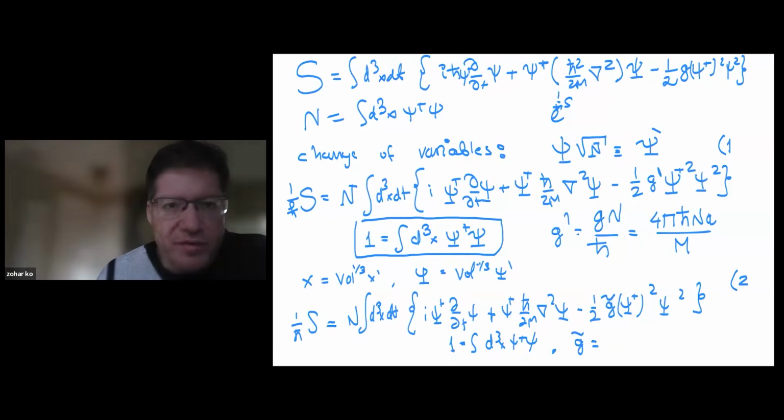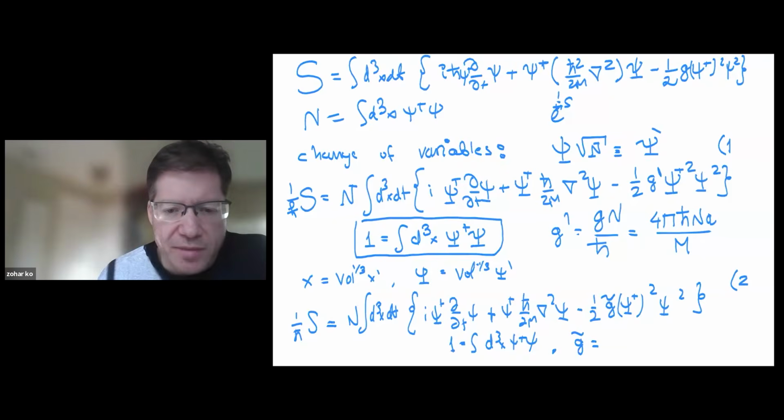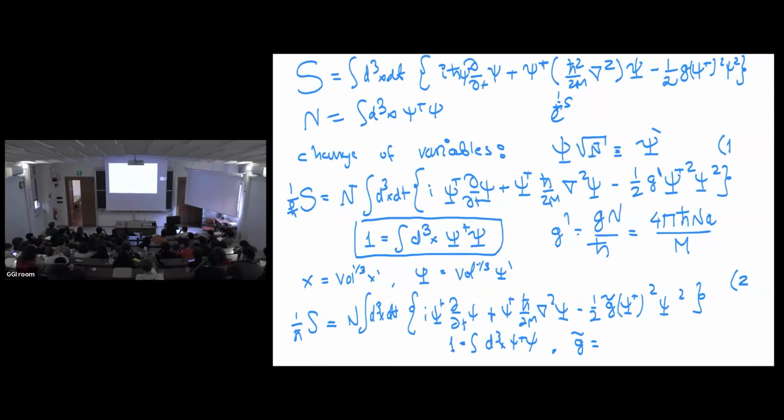Because there are 4 psi's in the last term, g prime became g divided by the volume of space to some power. Let me get the power straight. Is the volume factor for psi and psi prime correct? Should it be volume to the power -1/2?